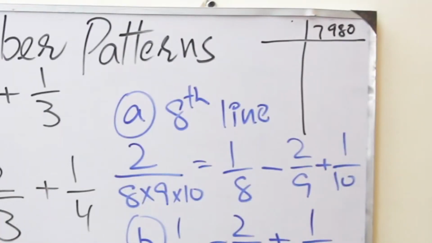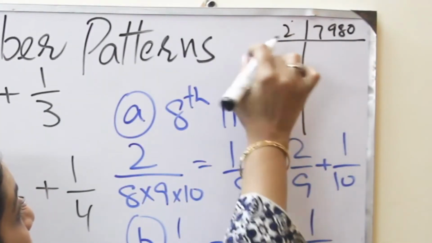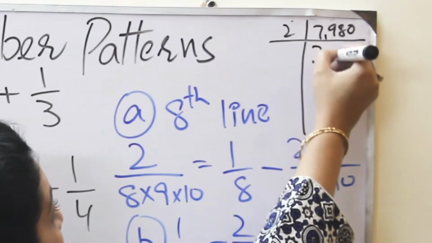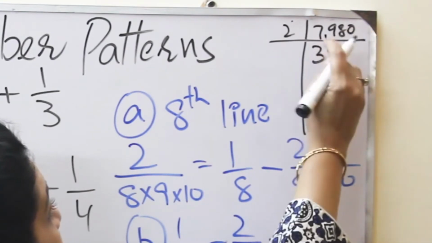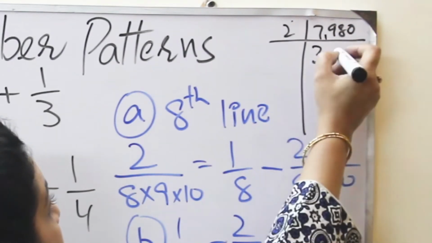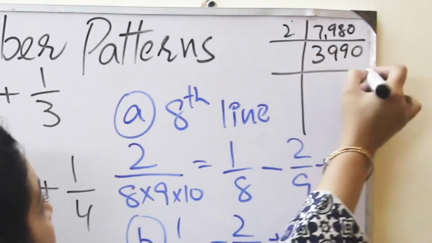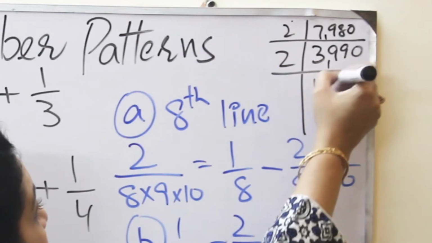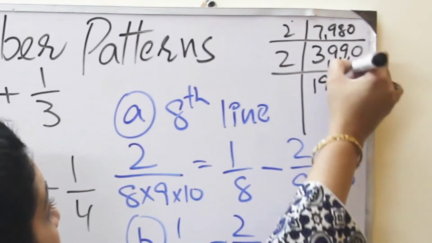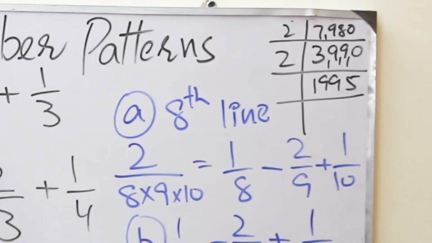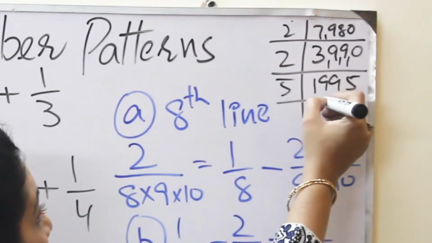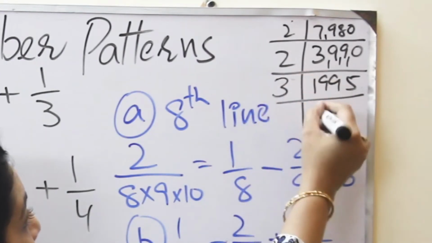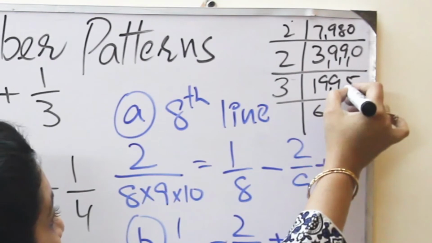Okay, if we make the ladder of 7980, I will start with 2, the smallest even number, and the smallest prime number. 2 3 times 6, 2 8 times, 2 9 times 18, and then again 9 times 18 and 0. Even number, so I continue with 2, 2 1 times 2, 2 9 times 18, again 18, and 2 5 times 10. Now I shall continue with 5. If I try with 3, yes, it can be done with 3. 6 times 18, 18 and 5.